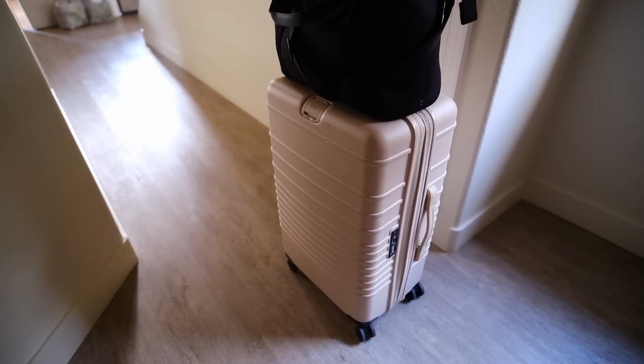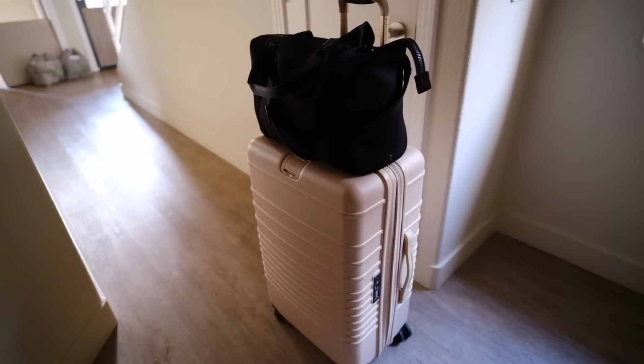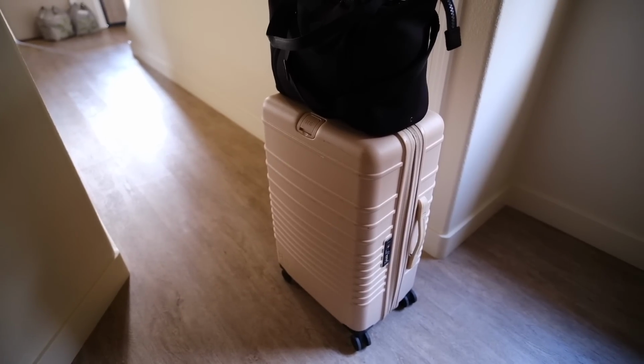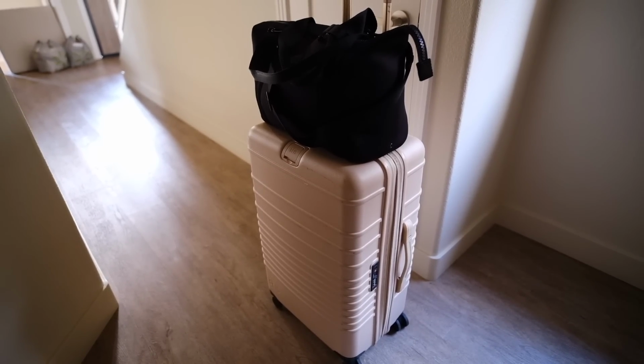Okay, so everything is in here besides my camera that I'm filming on right now. My dad lifted the tan one up and agreed that I think it's probably like 51 or 52. It's like barely overweight if it is, which is usually fine. Usually I found that the airlines, if they're nice, they let you slide by like 3 pounds usually,